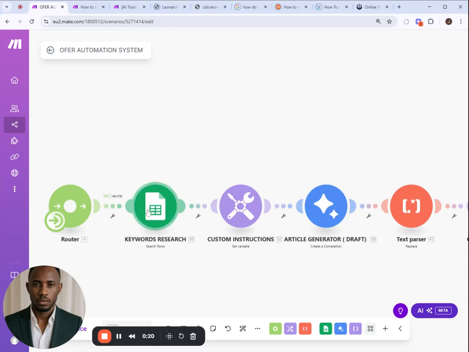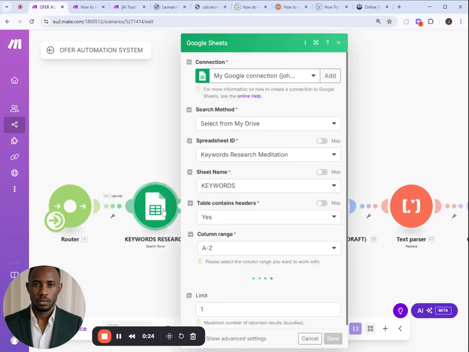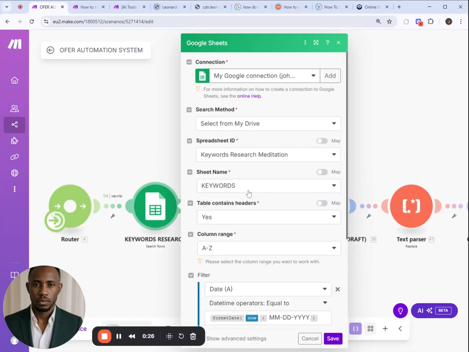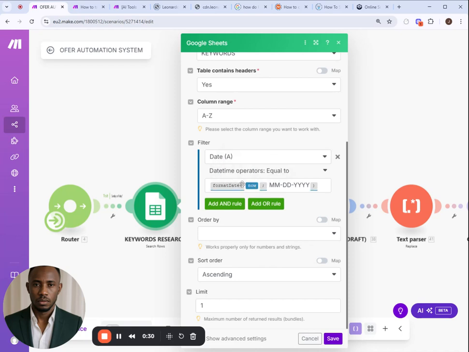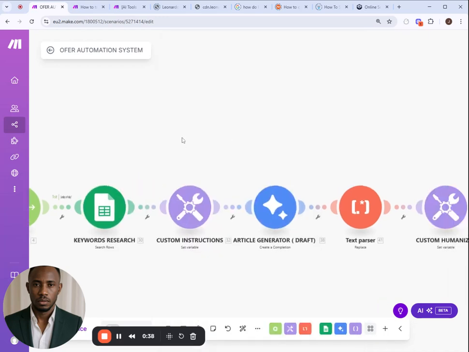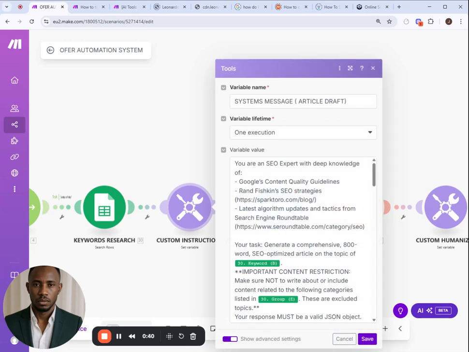The second element is called keyword research. And the keyword research Excel sheet is basically searching any row that matches the date of that particular day using that particular filter. So that's the second element. The third element is of course